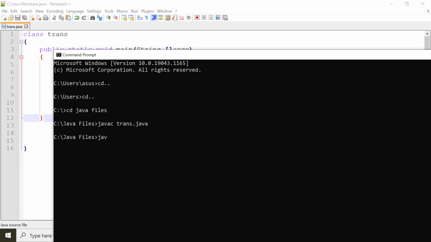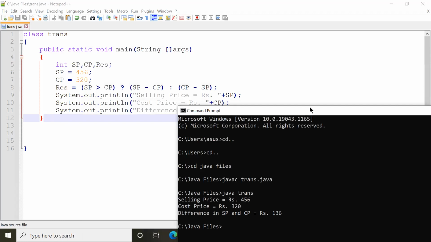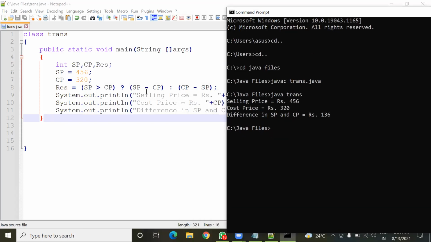Now I'm going to run this program. Java Trans. So now you can see selling price equals to 456, cost price equals to rupees 320, and difference you can see 136. So now which one is evaluated here? True expression or false expression? True expression, sir. Yes, it evaluated the true expression since SP is greater than CP.